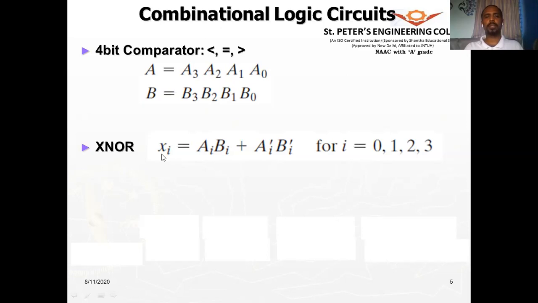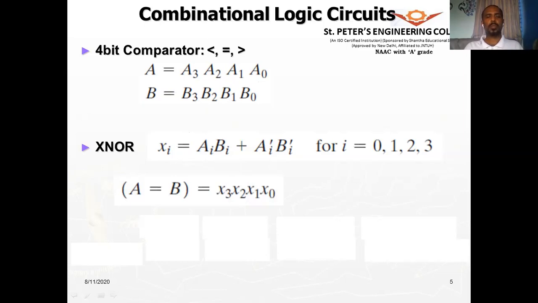Here, this is the equation for any bit position. Then we can indicate with the index I, and we can compute the output. So I can be 0, 1, 2, 3. If it is 0, that means we are considering A0, B0. If it is 1, then A1, B1, then A2, B2, and so on. So this is in general what we are going to consider. All right.